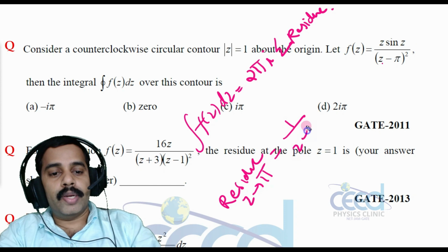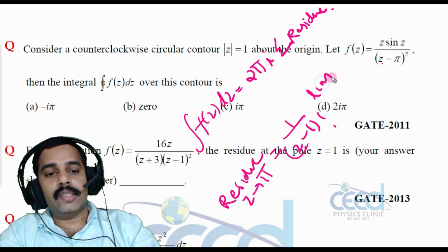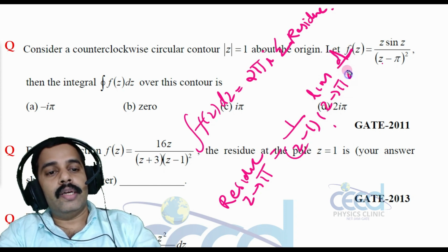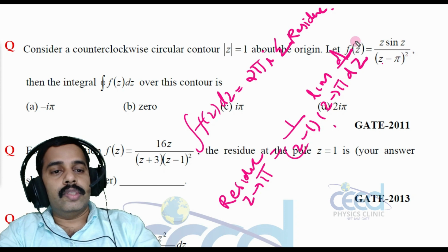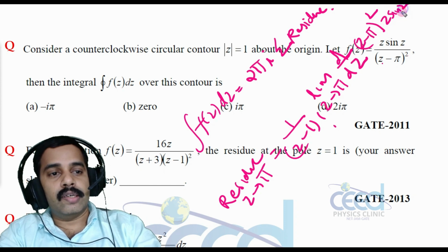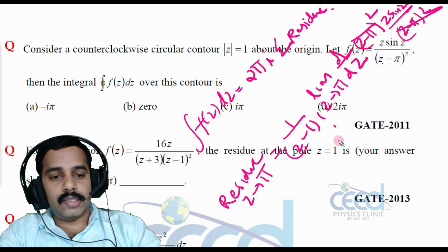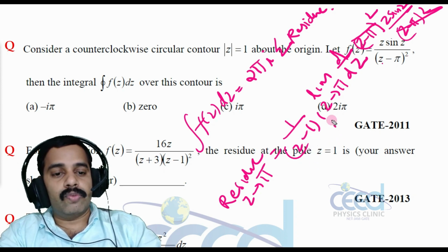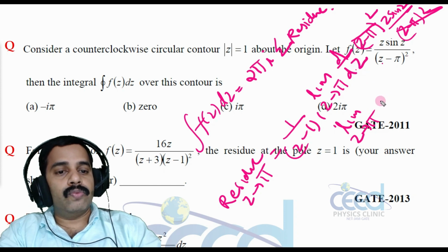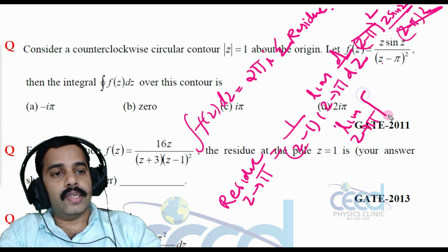So that is a double pole, so 1 by (2 minus 1) factorial into limit as z tends to pi of d by dz of (z minus pi) the whole square into z sin z divided by (z minus pi) the whole square. This will cancel out, and this 1 by (2 minus 1) factorial, that is 1 factorial, is equal to 1, and limit as z tends to pi of d by dz of z sin z, that is